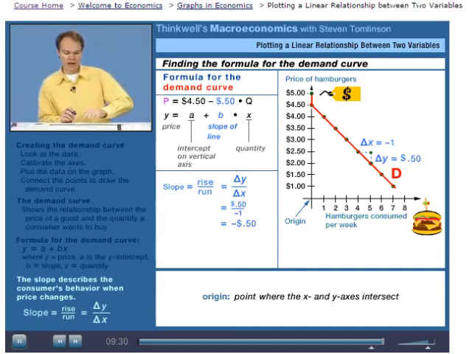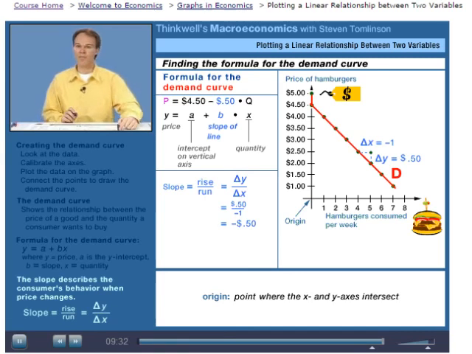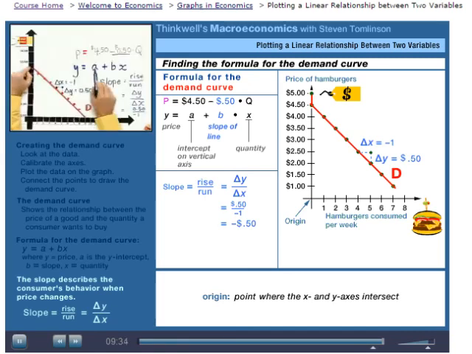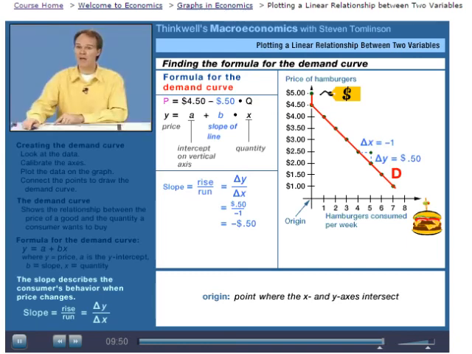So, for a straight line, the important terms are the vertical intercept, which shows up right here as this constant term, and the slope of the line, the rise over the run, which shows up as the coefficient on this variable. In this particular case, it's the coefficient on the quantity of hamburgers, negative 50 cents. Every straight line can be characterized by these two